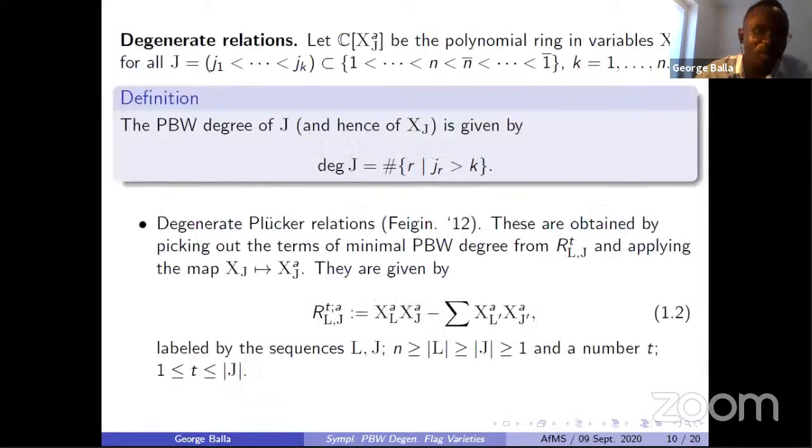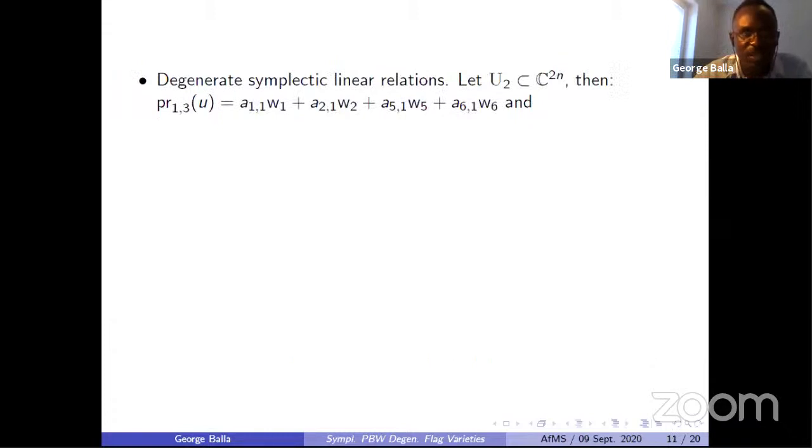Now, again, of course, one can ask whether these relations are enough. Of course, there is no chance, because they were not enough in the classical case, so they can't be enough again in this case. So we need extra relations again. So again, we can do a small example for n equal to 2 for the symplectic PBW Grassmann variety of